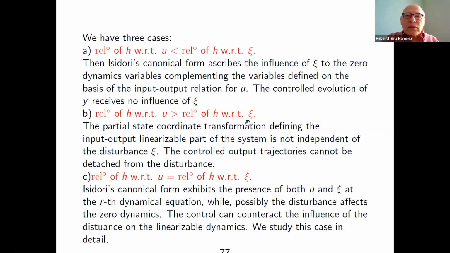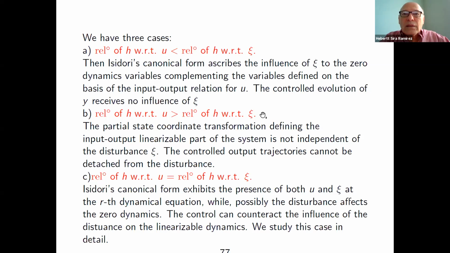And the presence of the disturbance will necessarily be attached to the variables that describe the zero dynamics. So the disturbance has nowhere to go except to hide itself in the zero dynamics variables, which makes it difficult to analyze the stability of the zero dynamics, because those variables are now affected by the presence of the disturbance, since it never appeared in the input-output relation,